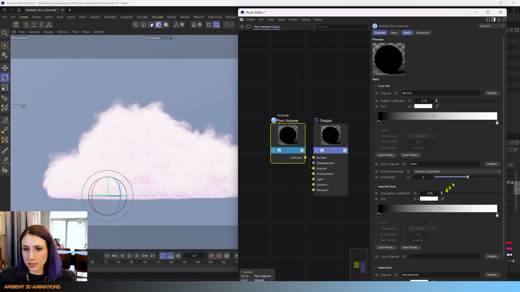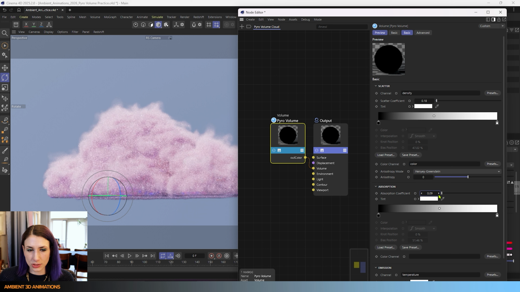I think this will be easier to see if I actually add in a little bit of absorption. And absorption is controlling the density. So I'm adding a little bit more density to this cloud so that we can see this a little bit better. So that's our absorption coefficient, basically the amount of light that is absorbed, and that is dependent on how dense it is. So I am going to play around with this anisotropy,